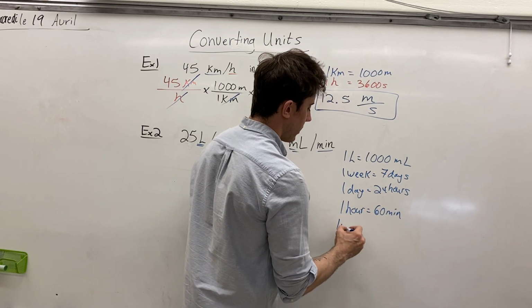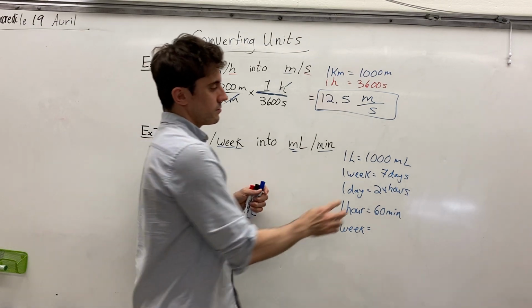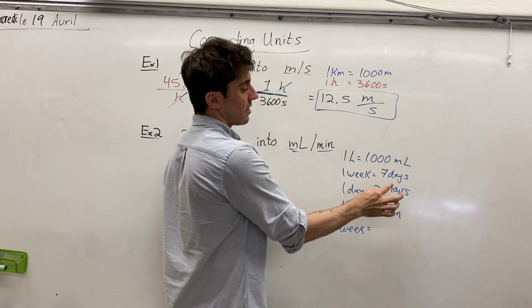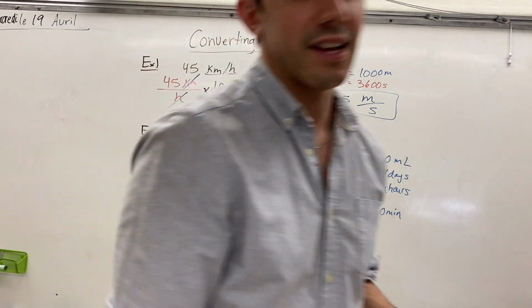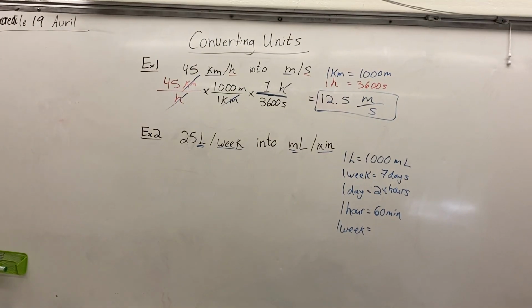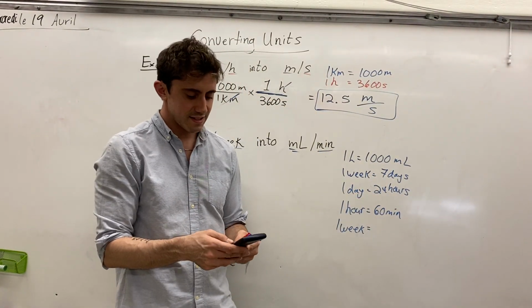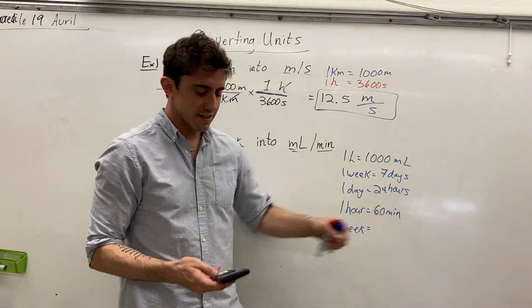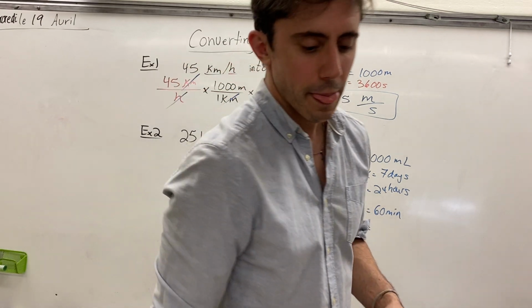And so 1 week is therefore equivalent to 7 times 24 times 60. Let's use a calculator to figure that number out. 7 times 24 is 168. And 168 times 60 is